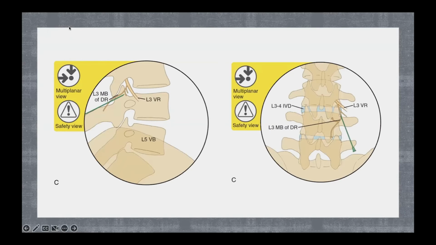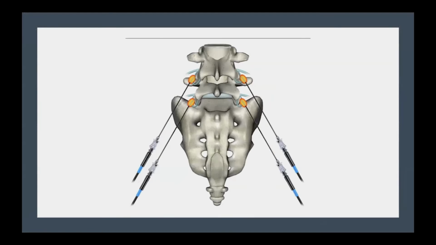This is an illustration of that medial branch block, where we put this needle right here. It's in that previous slide where we saw that red demarcation. That's where we put the needle tip, so we can block it first, and then later come in with a specialized needle and do an ablation, which is illustrated here.